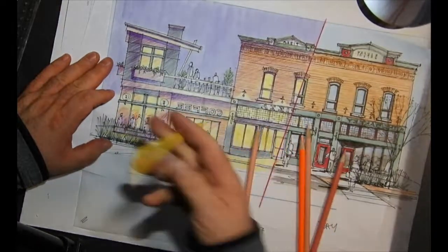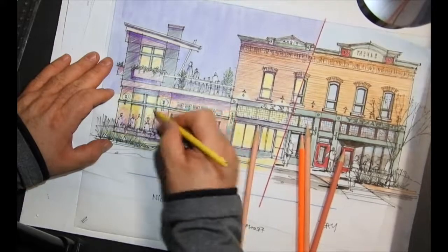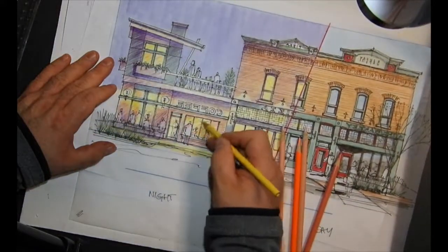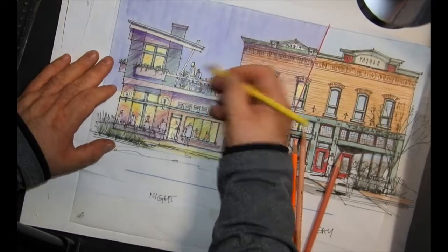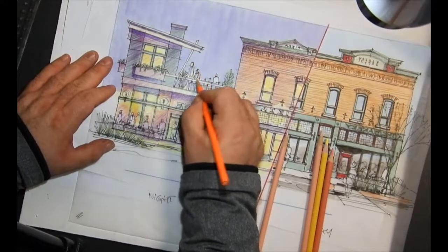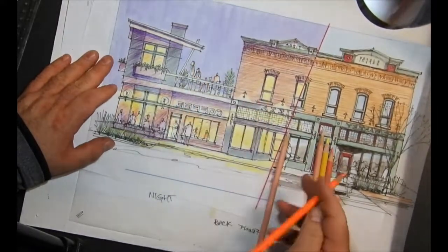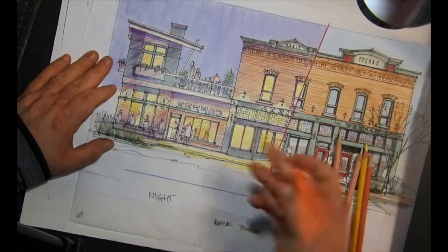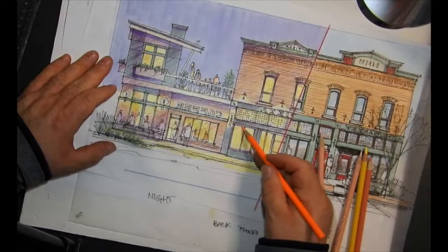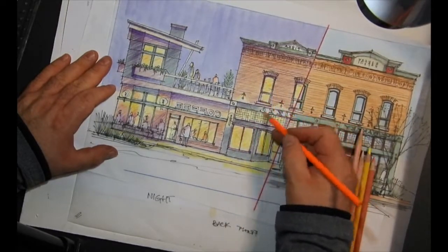Pinks, yellows, add to the warmth, the interior of our coffee house. Maybe there's a candlelight upstairs up on this deck, so there's just a little bit of light hitting them. Maybe they're just using candles up there. There's a little bit of cast in here. There's a little bit of warmth. This is an orange. Just warmth coming from